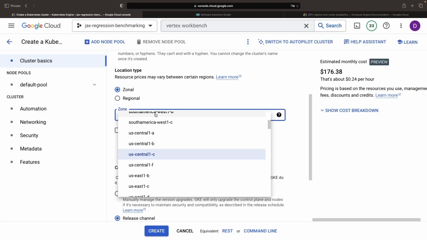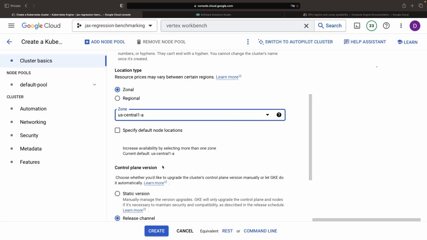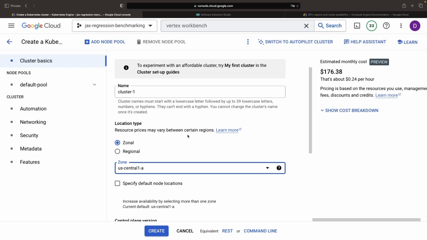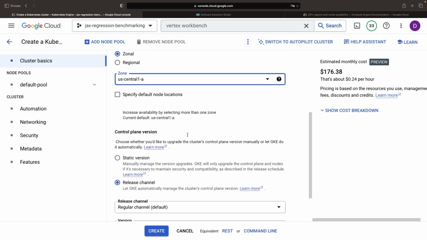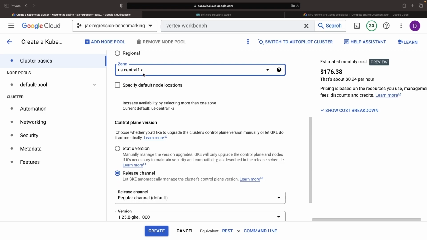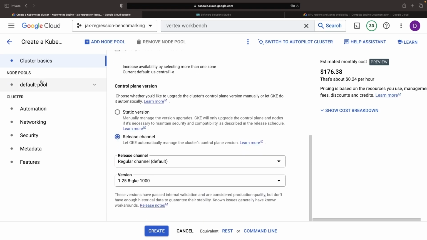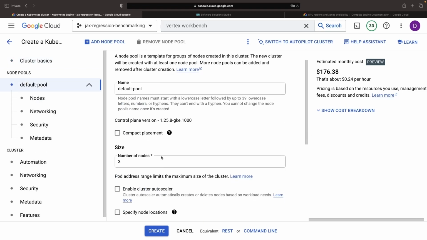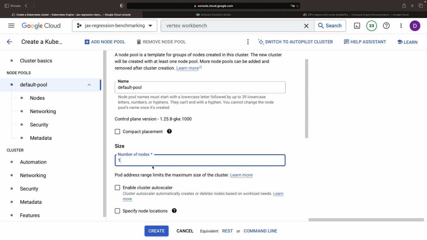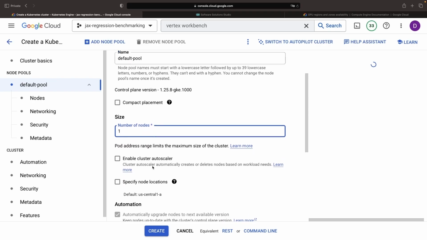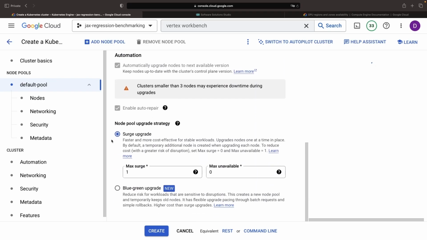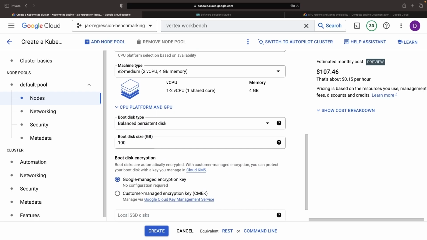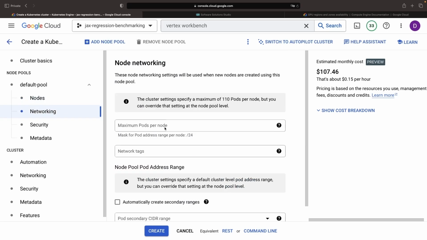Moving on, let's switch our zonal cluster to US Central 1A. This is merely where the cluster control plane will operate. We can run workloads in other zones within US Central 1 if required. The regular release channel will suffice, and we'll set up separate node pools for our various experimental configurations. Consequently, the default node pool can be minimal in terms of both node count and machine size. For instance, we can keep the E2 medium, which will be mainly used for system configurations or other supplemental testing